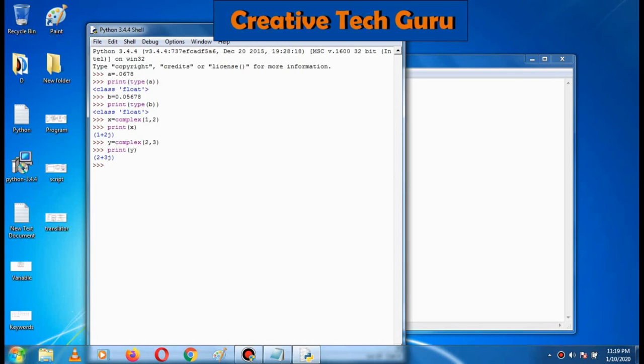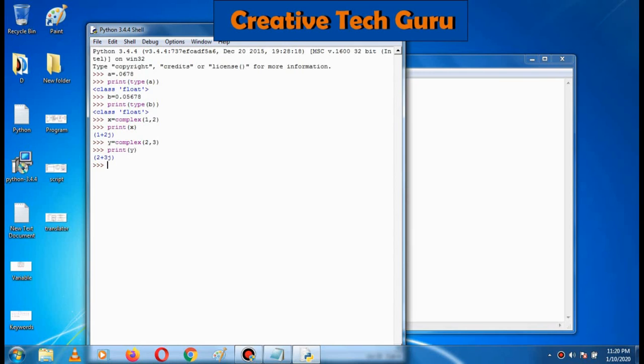The same way, now we created different variables, for example a, b, x and y, and we can delete those variables also. For example, using the del keyword, you can delete a number object by using the del statement.